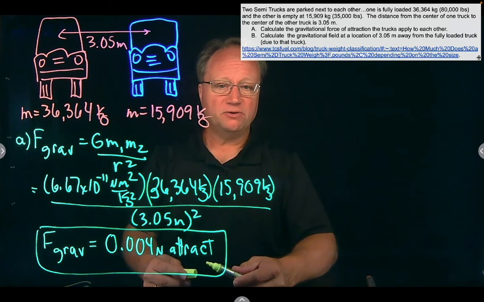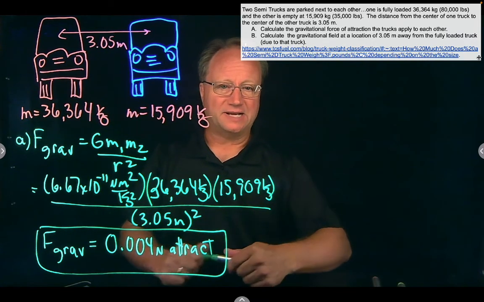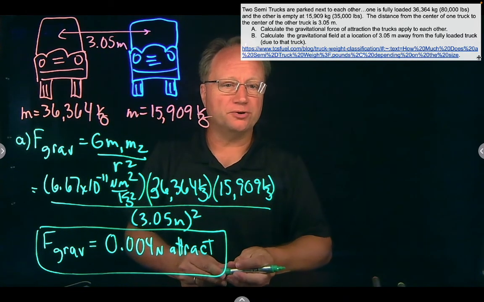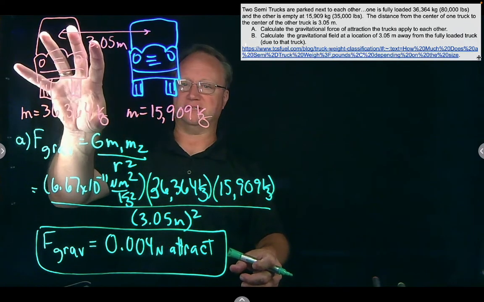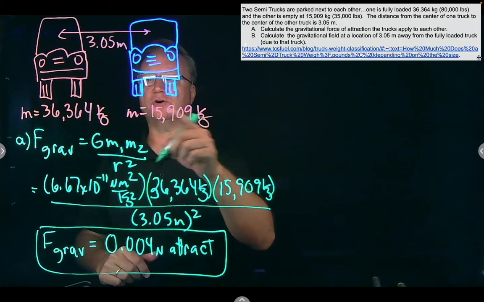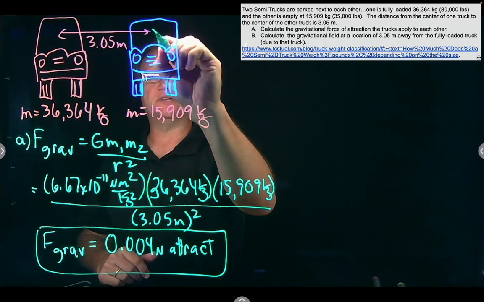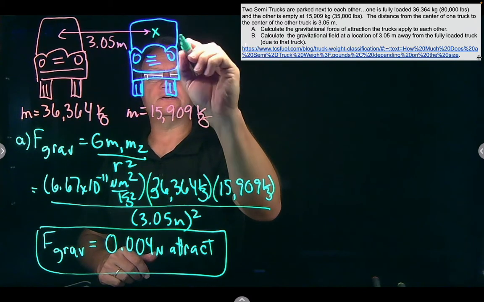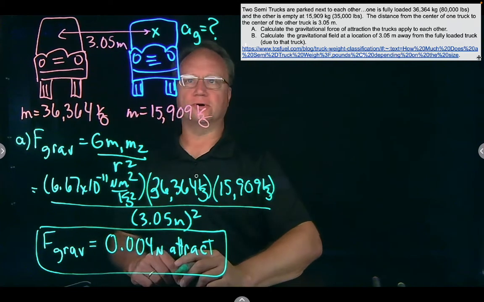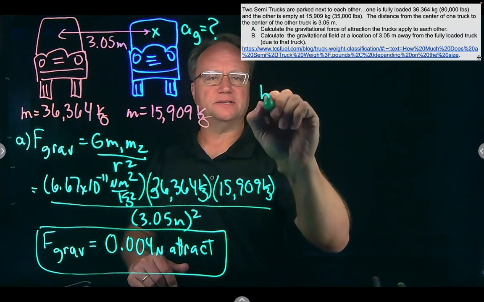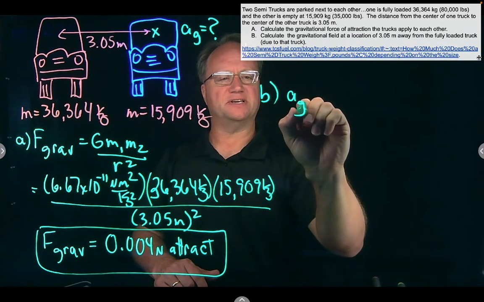Now in part B, we want to calculate the gravitational field strength at a location 3.05 meters away from the fully loaded truck. Well, the fully loaded truck has to be the more massive one, and so we want to know what the gravitational field strength is 3.05 meters away. So then right here, we want to know what is our value for gravity. Well, there are a couple of different ways we can think of this. That value for gravity,